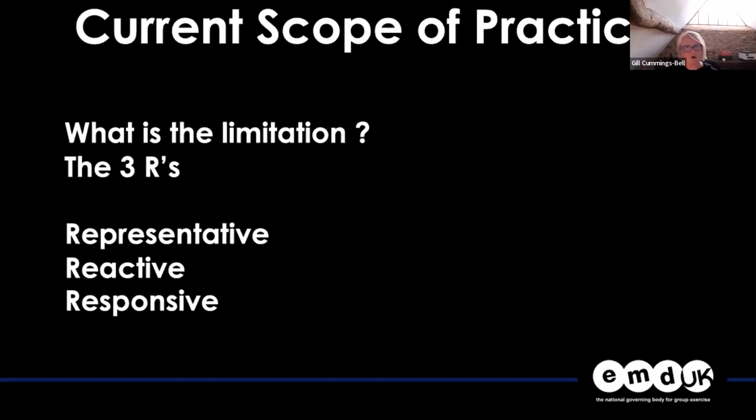Now, the new approach that EMD are taking to their professional membership, in terms of recognizing scope of practice, is that we are breaking it down into defined parts. So if there are 50 different genres of group exercise, there will be 50 scopes of practice. And what we'll be doing is working with teachers across the country, with employers, with education providers, to define as many scopes of practice as we can,